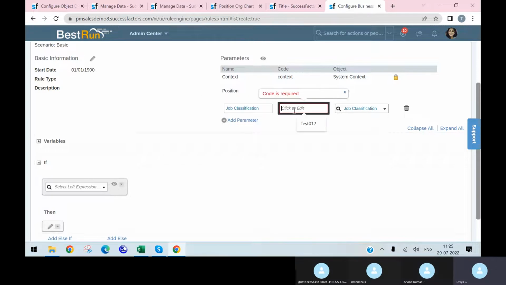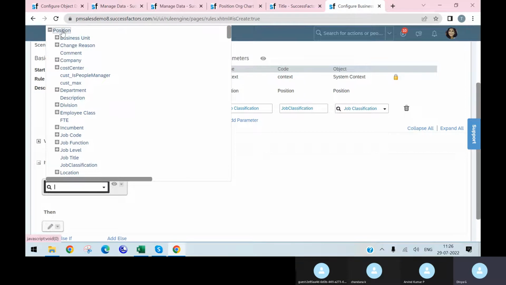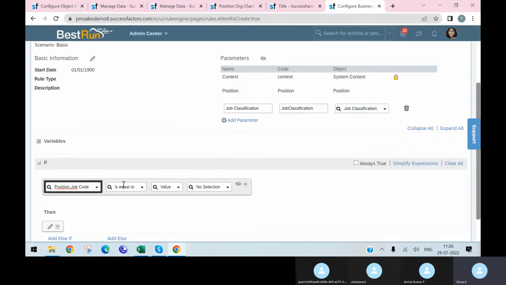And this is the external code, so there should not be any space here. Okay. Now I am going to write positions here. If my first, if job position, going here and selecting in position, I am selecting job code. Okay. Job code is not equal to,